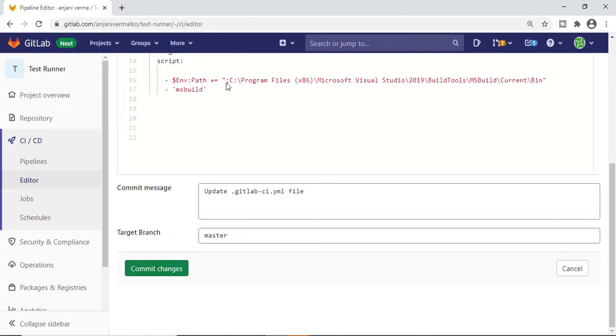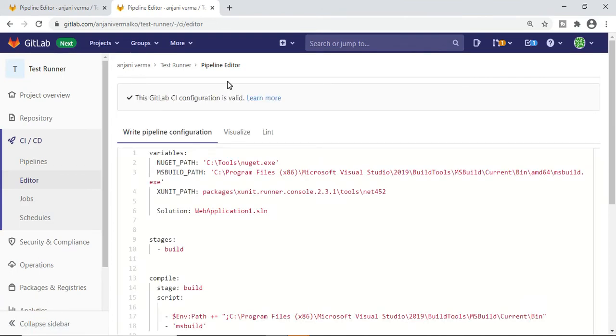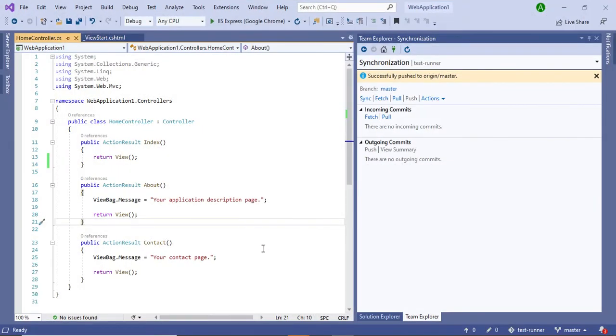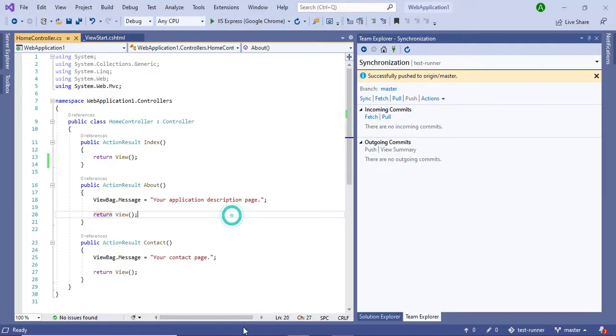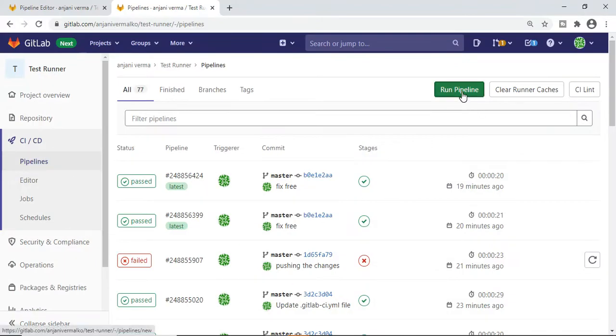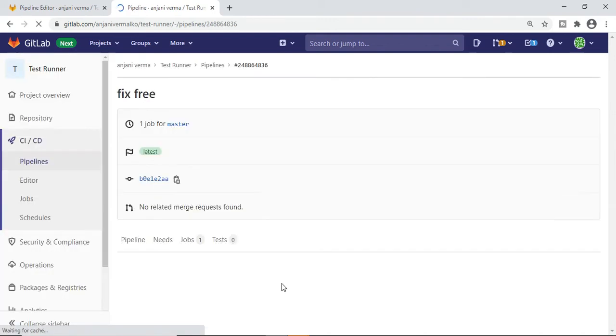Okay, I'll open the pipeline in another tab, so from here we'll see the result. This is my project, which is attached to this branch, test runner. If I run this pipeline to ensure that the current code is error free, there we go, and it executes properly.